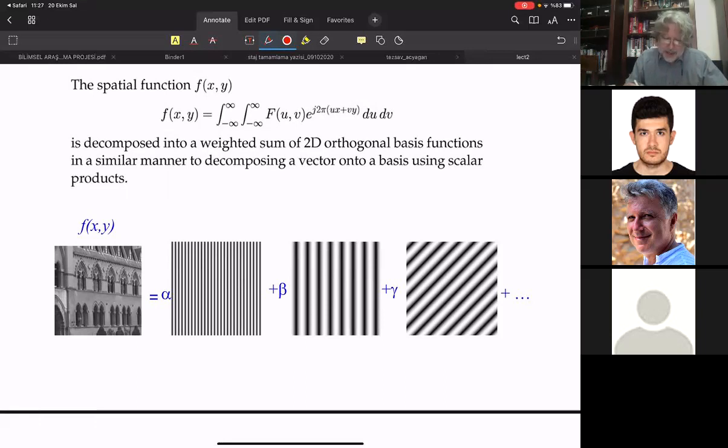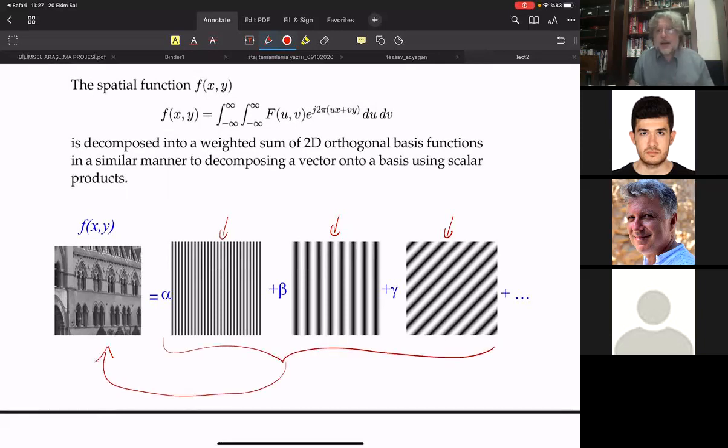All right. So some number, it may be a complex number, of course, alpha, let's say, times this wave function, plus another number times this wave function, plus another wave times this wave function. We have a lot of rotated and with different frequencies wave functions, all orientations and all frequencies may be available because it's an infinite summation or an infinite integration. But when you combine them, they will give you this image. And I find it fascinating. Look at that. These waves are homogeneous. They are the same all along the space. But when I add them up,